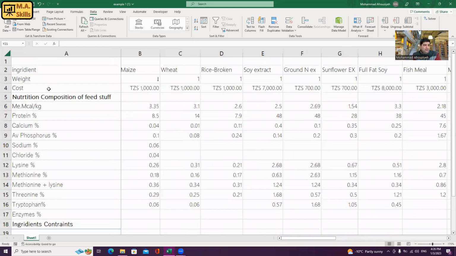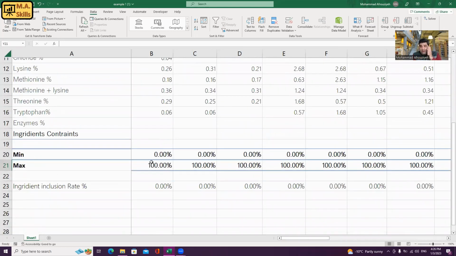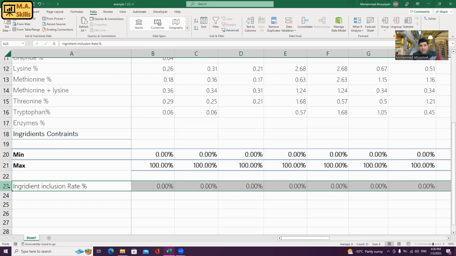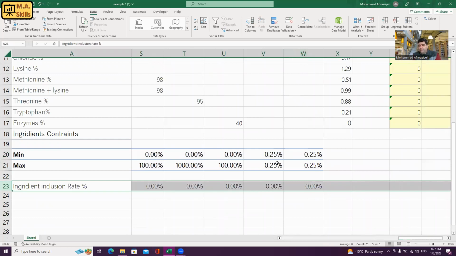file, he's got the ingredient list here and nutrient composition of the feedstuff in this column, and the main formula here in row 23, from B23 all the way to W23, and he followed exactly what I said in that instructional video about least cost feed formulation. But just because of a mistake, he's getting a weird